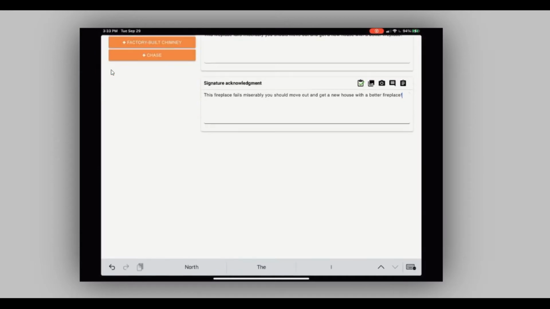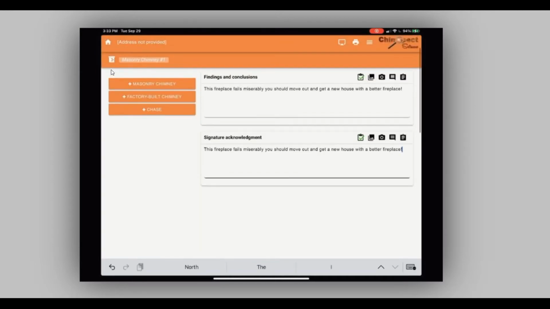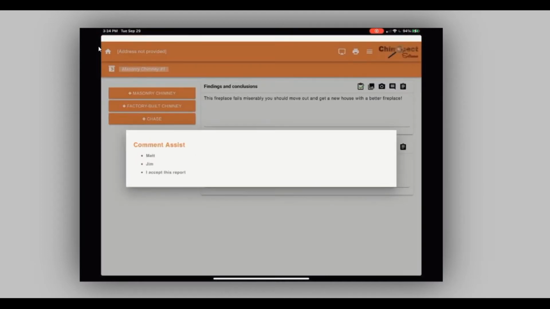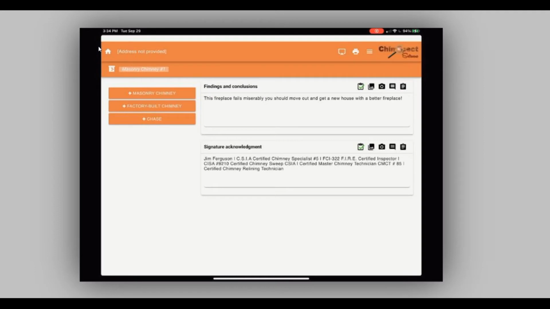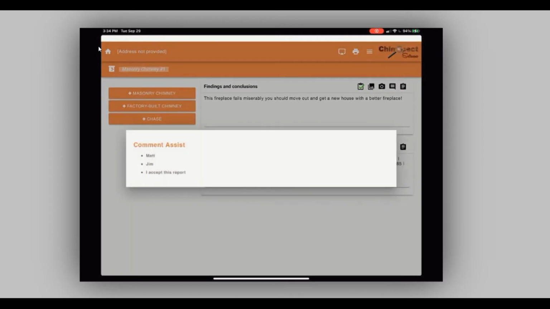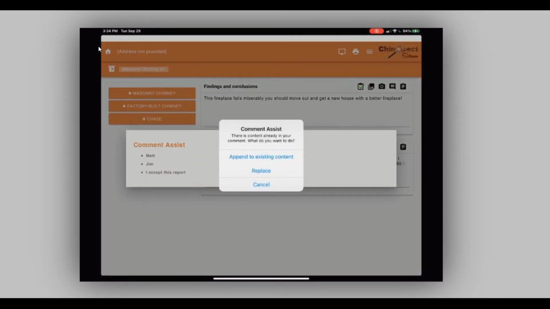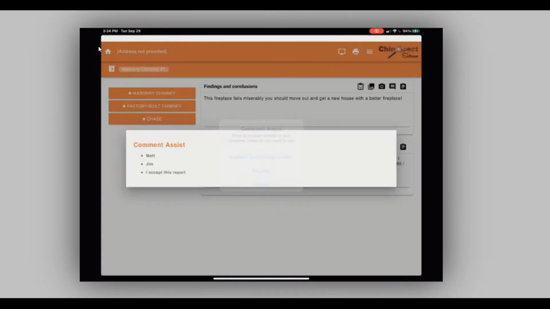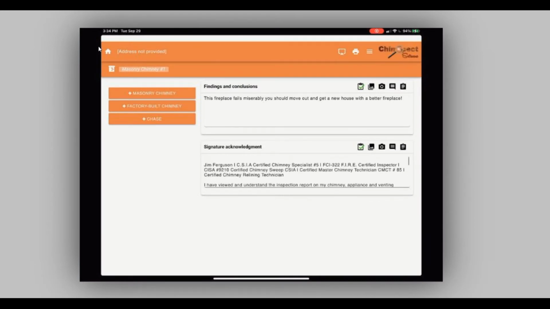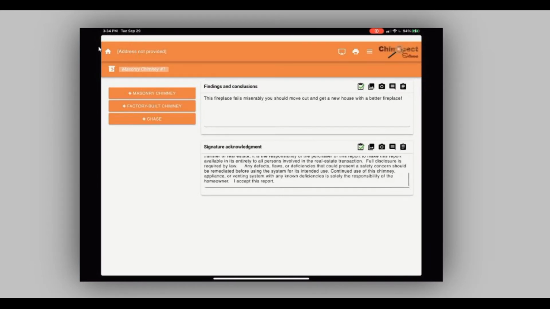Your signature acknowledgement. I didn't mean to copy that into the signature acknowledgement, but you can copy and paste into the signature acknowledgement. We are going to tap on the little clipboard where we have some comments set in there. I'm Jim. I inspected this fireplace. I want to append this and say I accept this report. So I can either replace that comment or I can append it. So I wanted all my credentials up there and that I was the inspector of it. And it also has our little